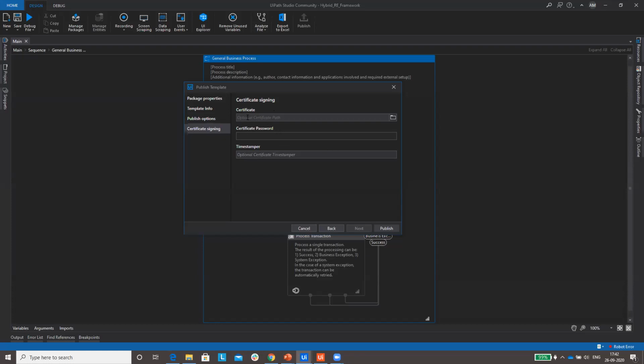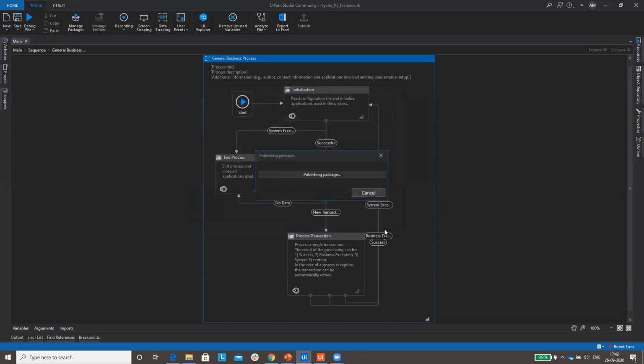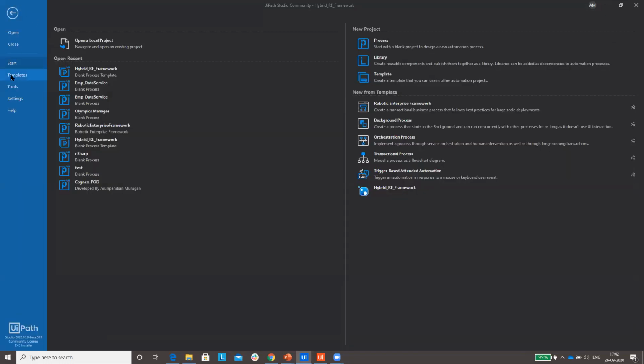When you provide those certifications, it gives a clear path, so that all the templates will be visible behind their firewall also. Okay, that's it. Just click on publish. Published. Okay, now let's go to the template and see the template.